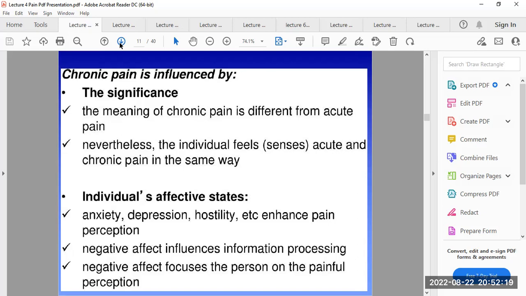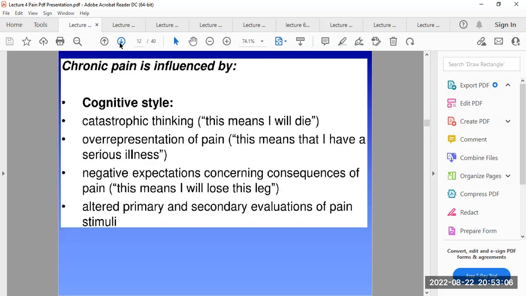So chronic pain is also more influenced by significance. Am I going to die? And also the meaning of pain, that it's life-threatening, that it's sharp, as well as individual affective states: anxiety, depression, hostility also enhance pain perception. If one is in depressive conditions, negative affect also influences how we process information. When we're not feeling well, when we are bored, angry, or sad, it influences the way we process information, which leads to negative perception of pain as well, which makes us perceive pain as more painful, as well as